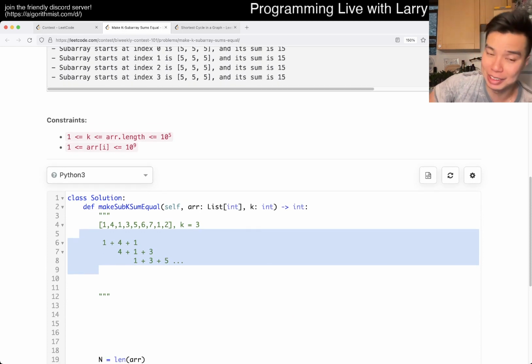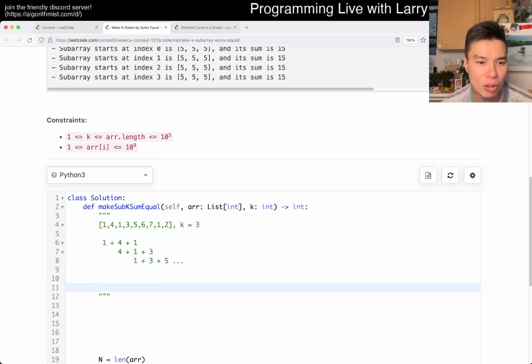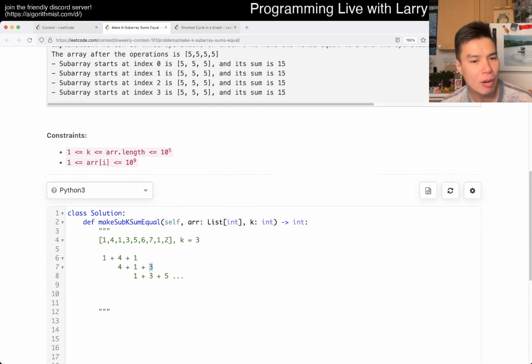It took me a long time to get to this point, as you could see by my time. But the idea here is that, in order to make this sum equal to this sum, this number has to equal this number, because no matter what you do to change these two numbers, it doesn't matter. I mean, it affects other sums, of course, but the difference between these two sums is that you have to make these two numbers the same. That was the big light bulb in my head, right? Now we have to make it so that every Kth element has to be the same,